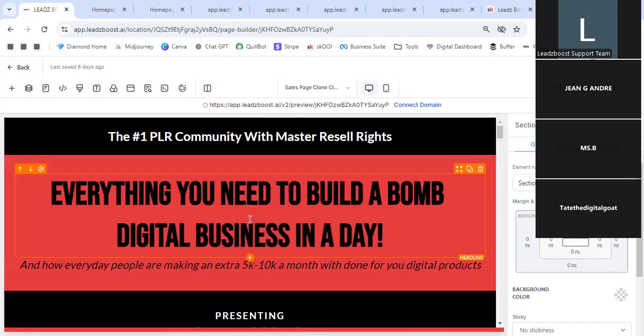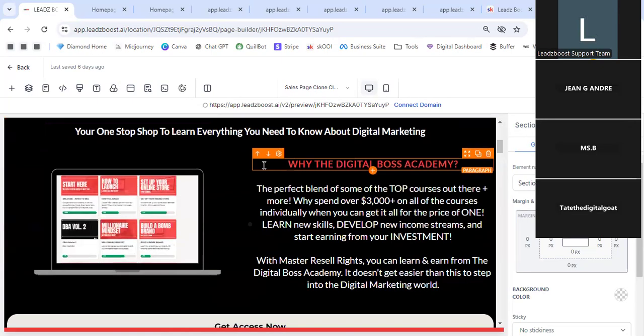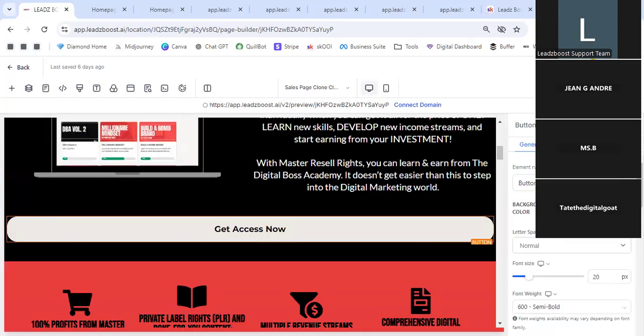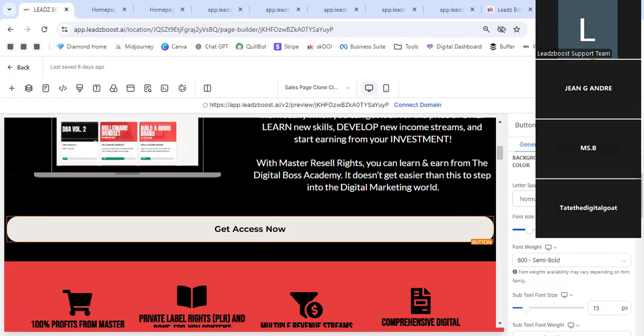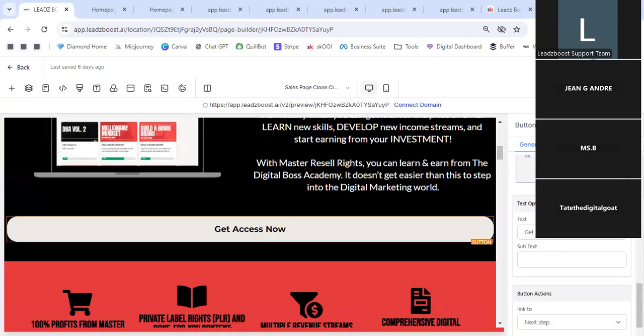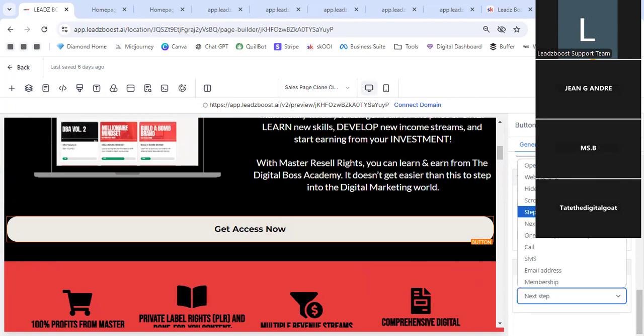Okay, so all you have to do for this funnel is to make sure the buttons work. So you click the button, the actions for the button come up, much like how we did with the link in bio, right? The actions for the buttons come up on this right side. We scroll down. It's usually at the bottom, but scroll slow. You can change what it says and you could change what it does. So this button action is going to automatically go to the next step. If you click here, you can choose which step it goes to, but this is going to go to the